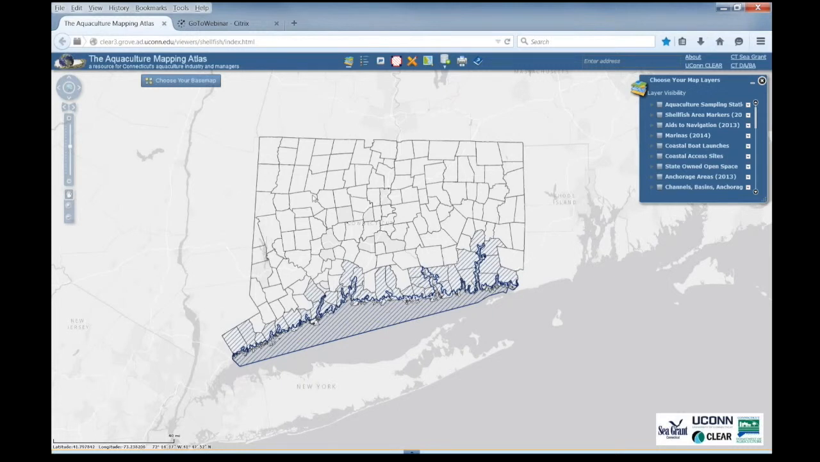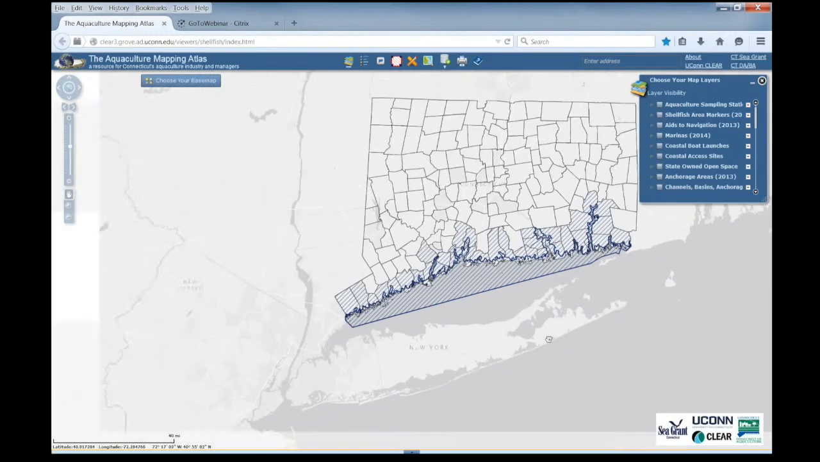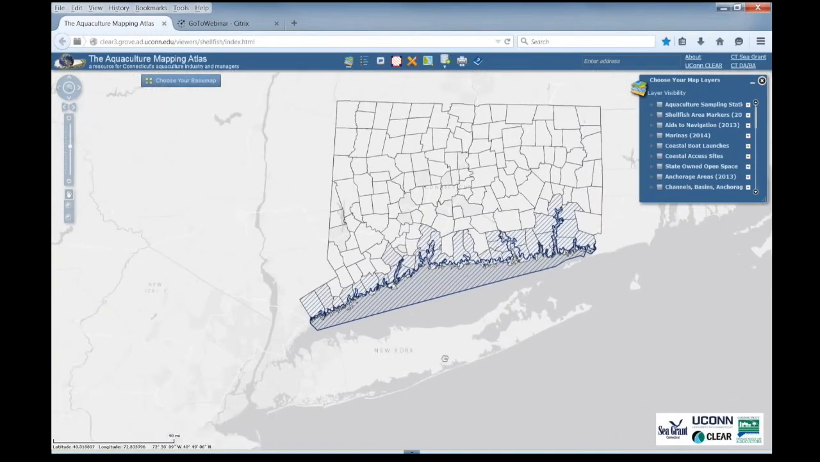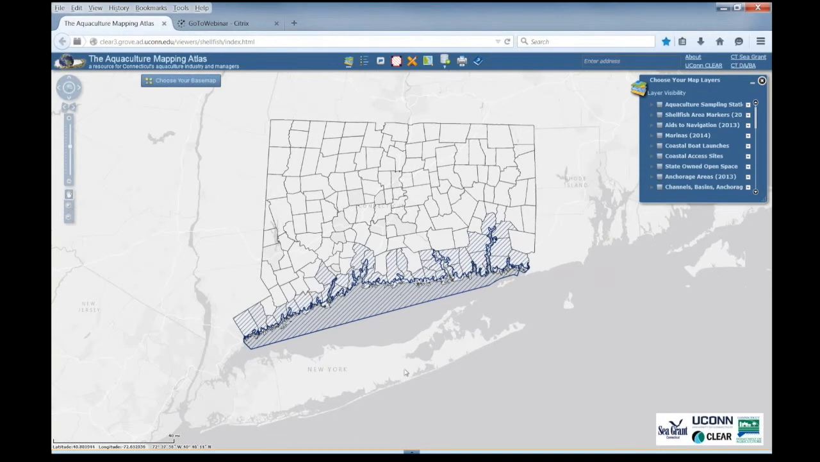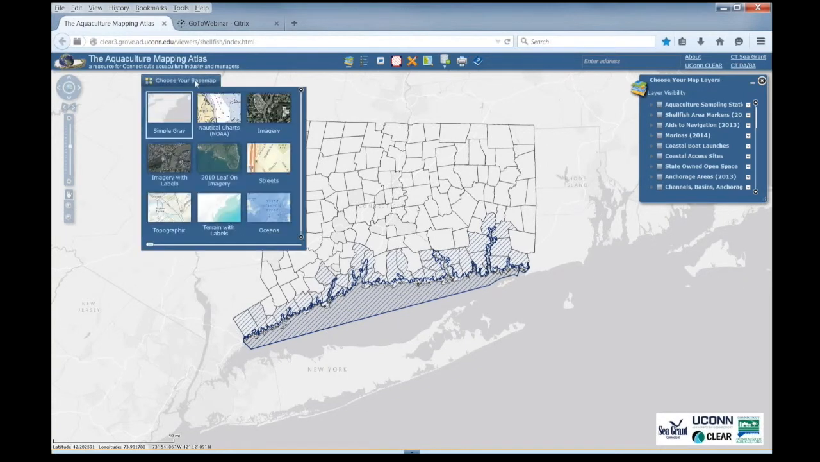So some of you are probably familiar with this or familiar with other web-based mapping tools. Most of them have that Google-like experience where you can click and drag the map around. You can choose a base map. So up here at the top, if I hover over Choose Your Base Map, you can see there's a number